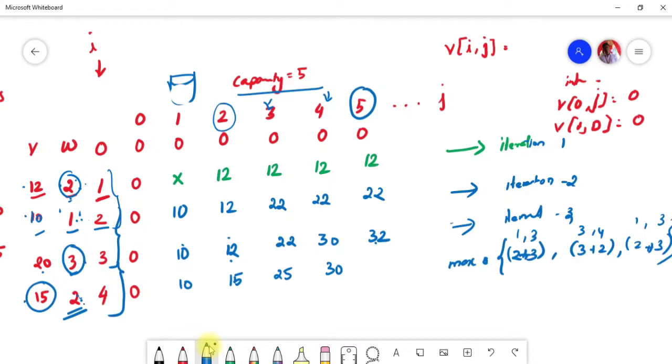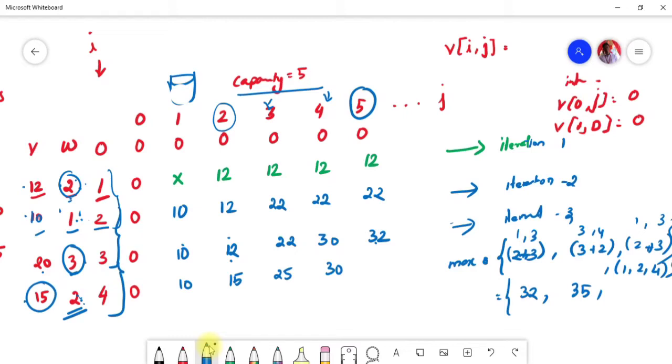All will give the maximum capacity 5. Just find out the values. For 1 comma 3 it is going to be 20 plus 12, which is 32, and for 3 comma 4 it will give you 35. And if we forgot one more step, if I use the items 1 comma 2 comma 4, then that also will give you the same capacity 5.